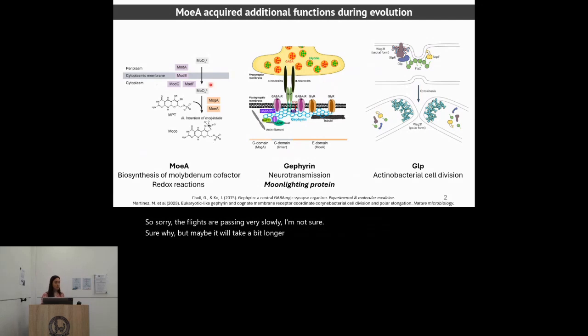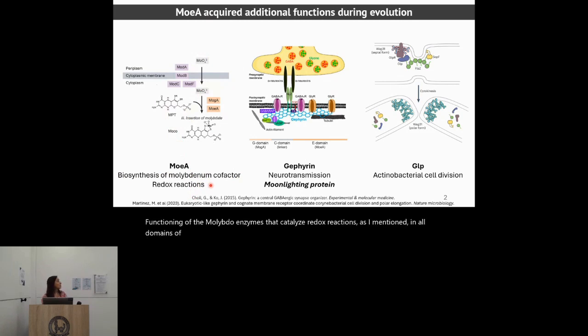So, MoeA protein is an essential enzyme in all domains of life: archaea, bacteria, and the eukaryotes. It has an essential role in the biosynthesis of the molybdenum cofactor. Very briefly, the cells incorporate molybdenum, and this molybdenum is inserted into a molecule of MPT by proteins MoeA and MoeA to generate the molybdenum cofactor. This cofactor is essential for the functioning of the molybdenum enzymes that catalyze redox reactions, as I mentioned, in all domains